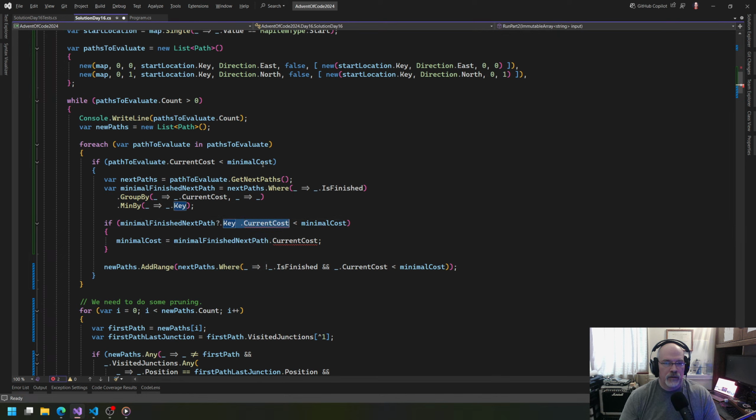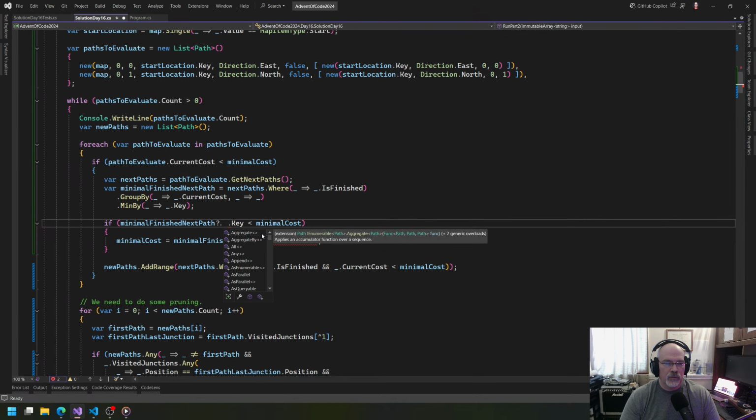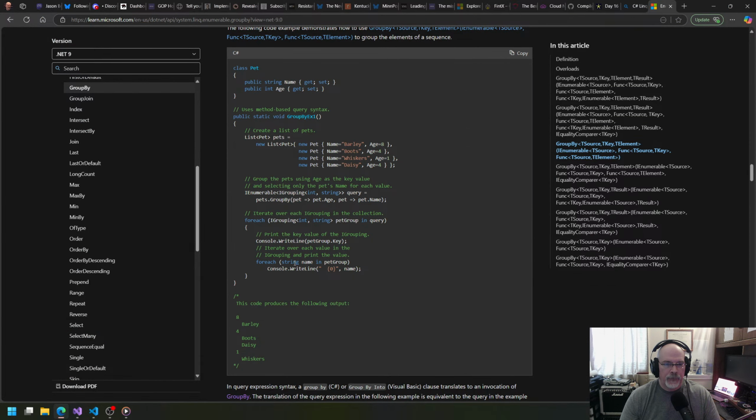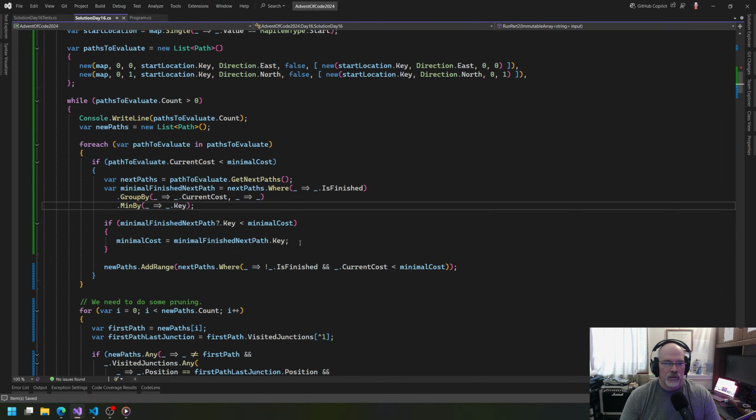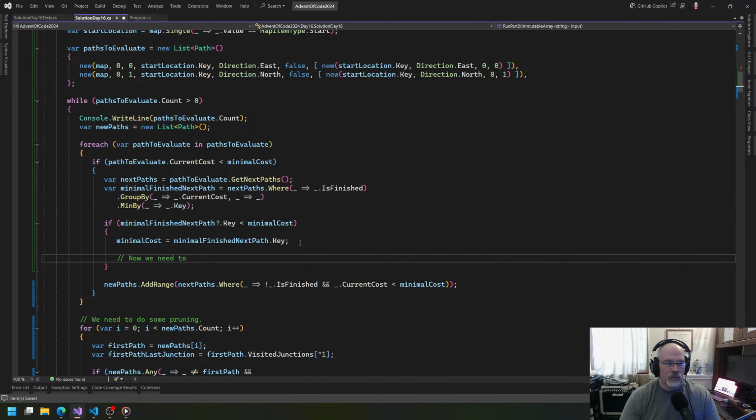So if that key... and then I'm assuming we get the value. How do you get the value out of this? Well, fine. We get the key there. If that is less than that, then we say fine. Now we need to